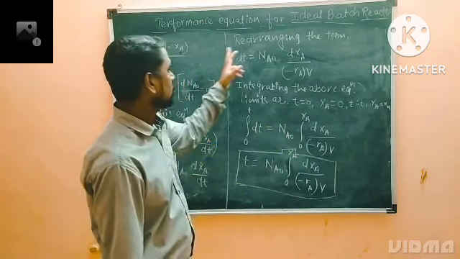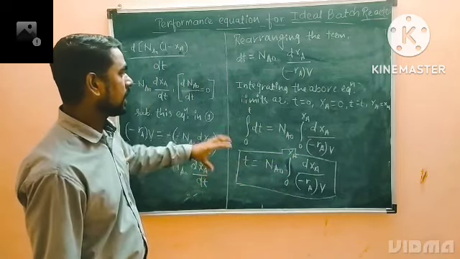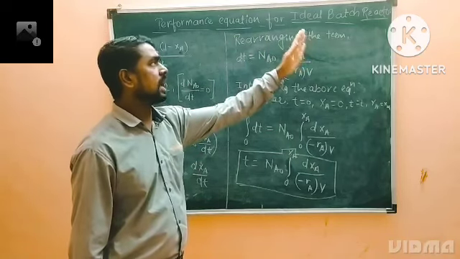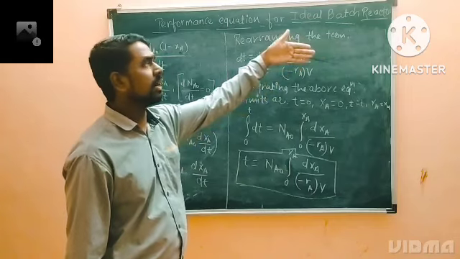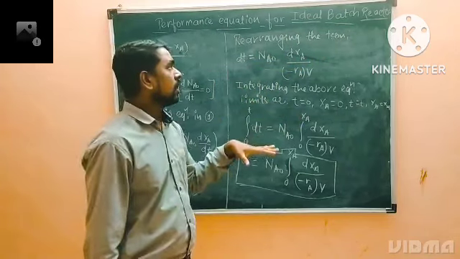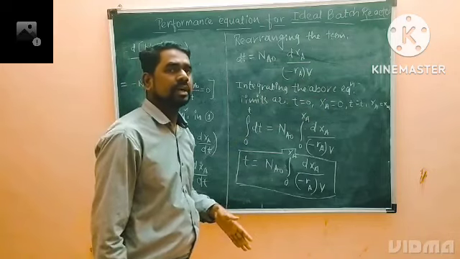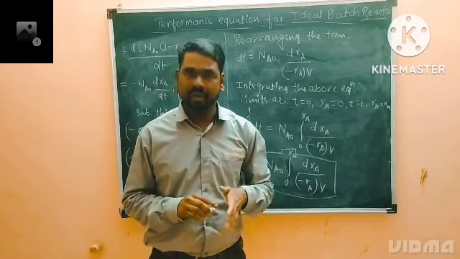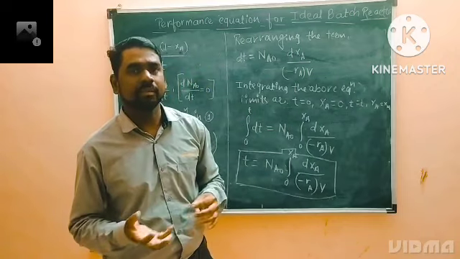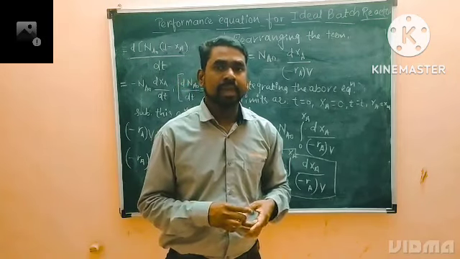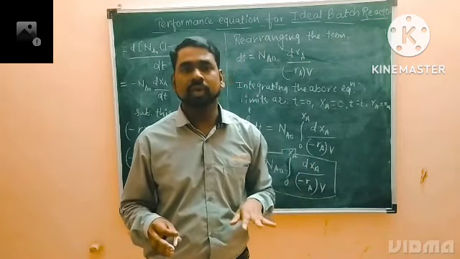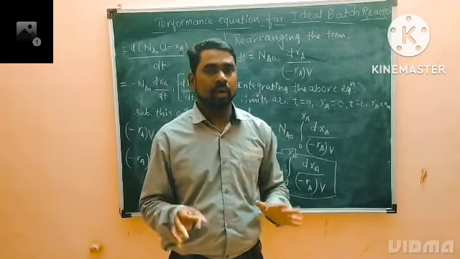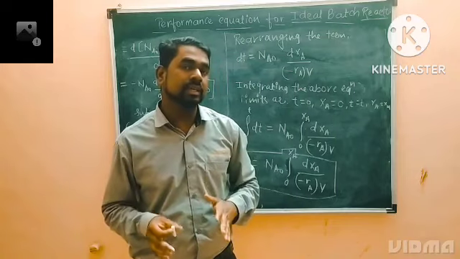I request you to take a recap, and first of all try to understand the actual meaning of the ideal batch reactor and why we use this performance equation. An ideal batch reactor is a cylindrical vessel where all the reactants are put in initially, and after some period of time they are withdrawn. So during the course of the reaction, there is no inflow and no outflow. That's why inflow is equal to 0 and outflow is equal to 0. Thus the specified conversion has been achieved.